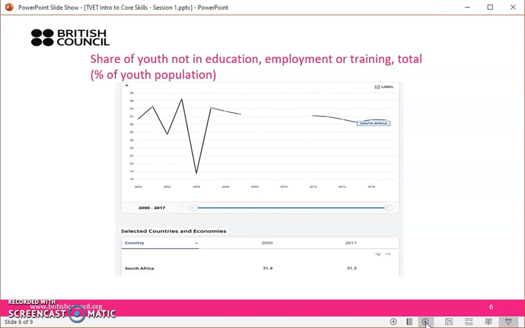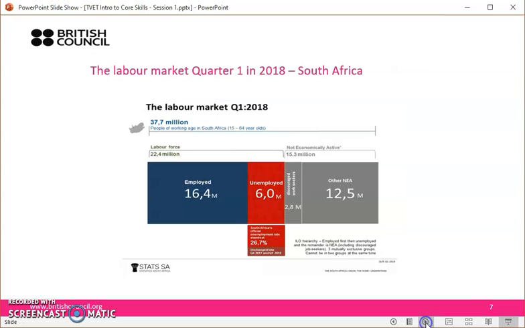31.4% of the young people in South Africa in 2000 were not in education, not employed, or not attending any training. And by 2017, this number had largely remained the same. We had almost a similar percentage being not in education, not employment, or not training. So it means we've got a huge number of people that are not economically active, that are not contributing to the development of the nation. And still at it,